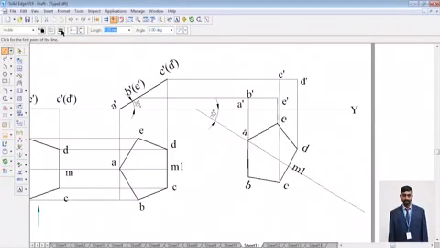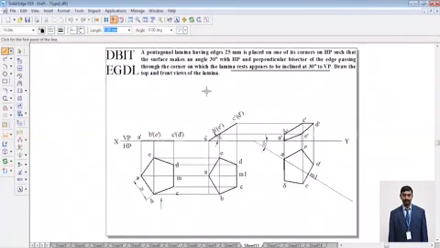So now I'm going to join all the endpoints. This endpoint A, B, C, D, E, and again A. So this ends your first problem. So this is where you can see the perpendicular bisector appears to be